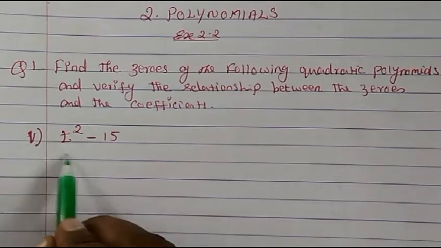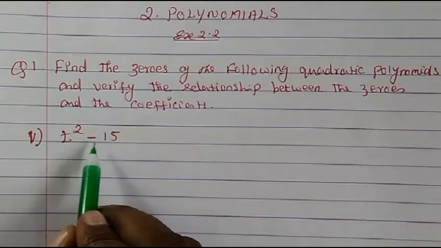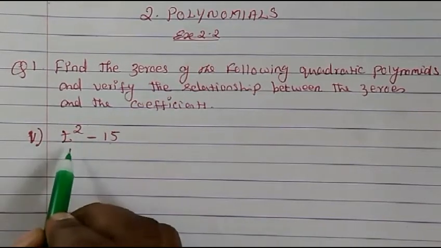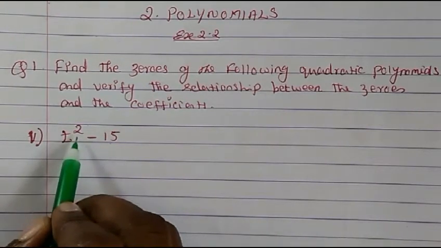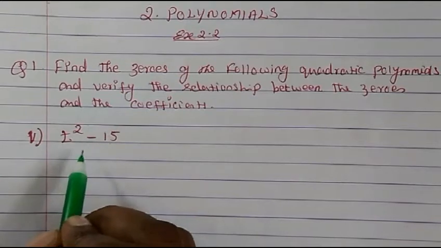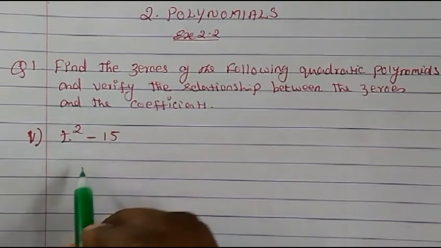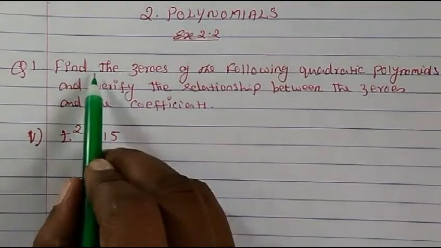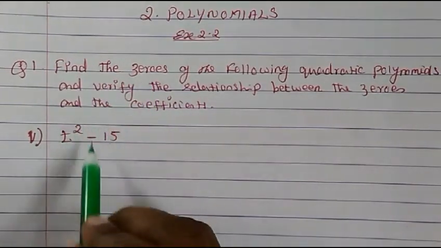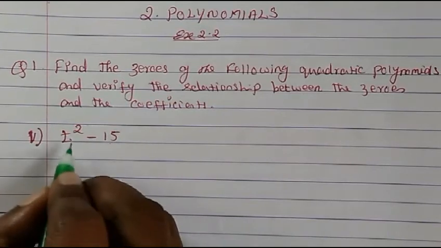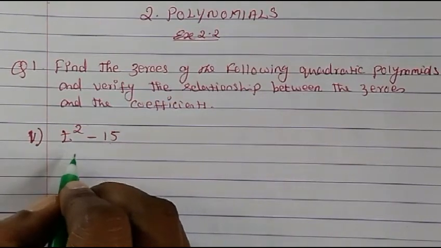So now here you have got the polynomial. We have a constant term and the highest degree is 2, so we can't take anything common. So we have to convert this in such a way that we are able to factorize it, because we have to find the zeros first. That means we have to first factorize this. So shall we write it like this?